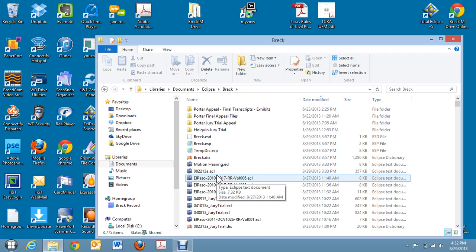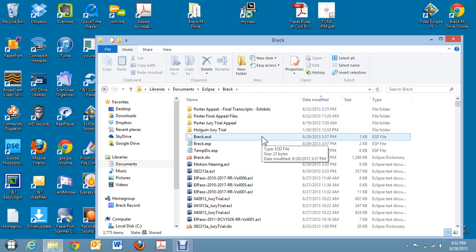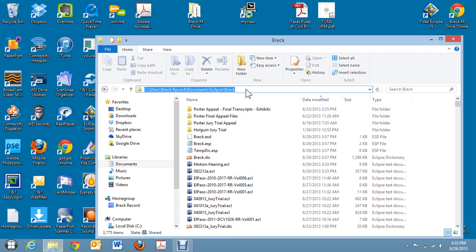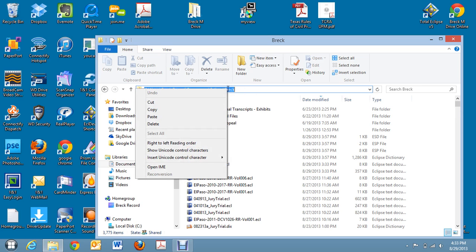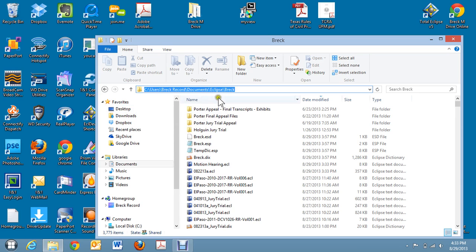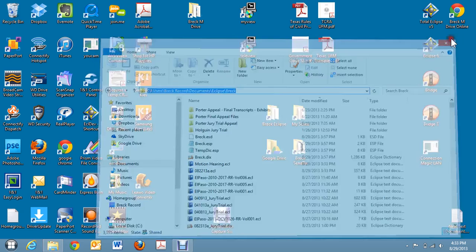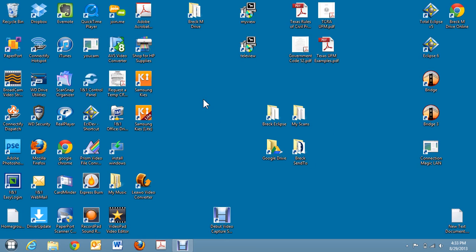is the first time I set up a new computer, I will go to that folder the first time, and then I will put my mouse right up here and click one time in this window, and you'll notice it turns blue. And then you can either right click and copy, or of course, in Windows, you can just do Control C because it's already highlighted. Either way, you want to save that path,